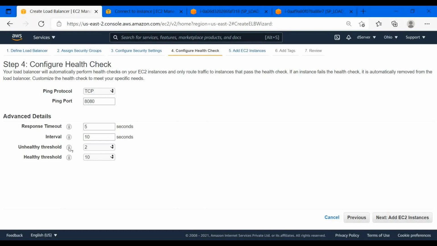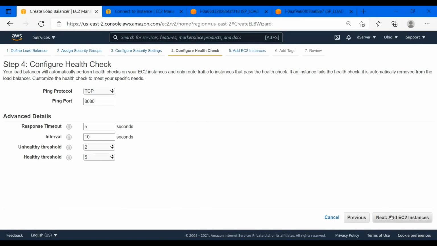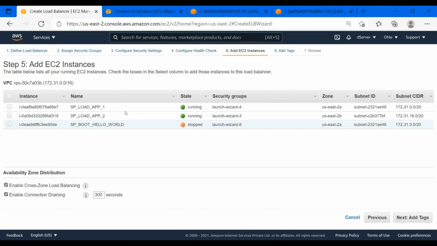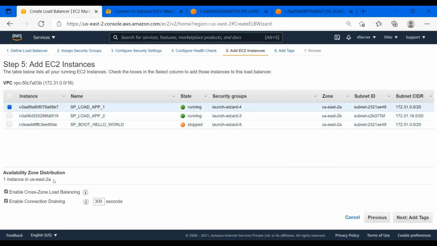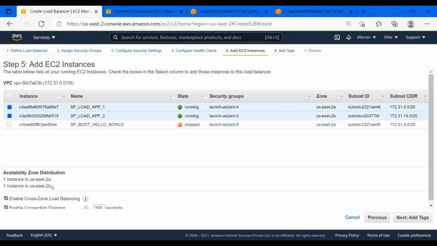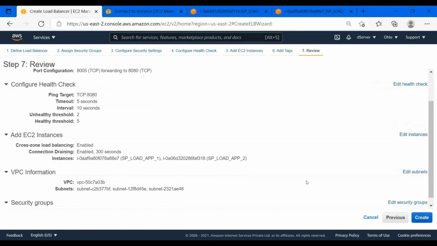These are the intervals and the number of attempts after which the listener will consider an instance healthy or not healthy. So we need to choose the target. You see that one instance is in us-east-2a and one instance is in us-east-2b. So both instances are going to be accessed through two different zones.